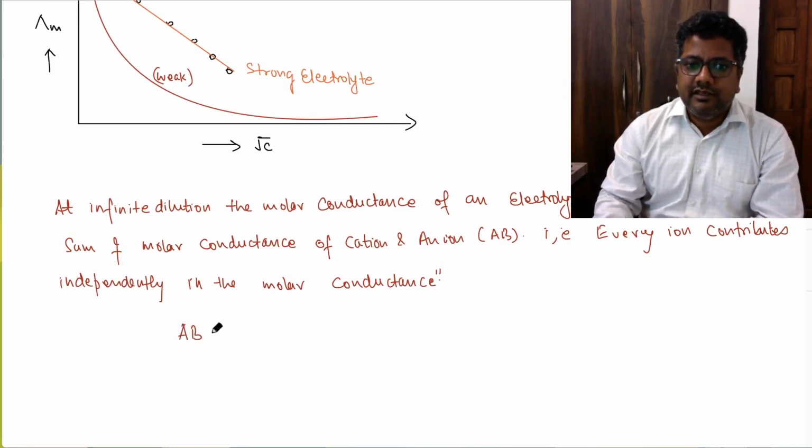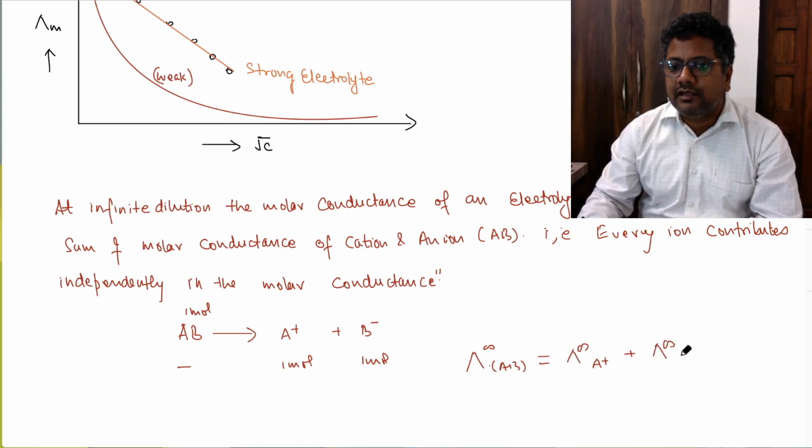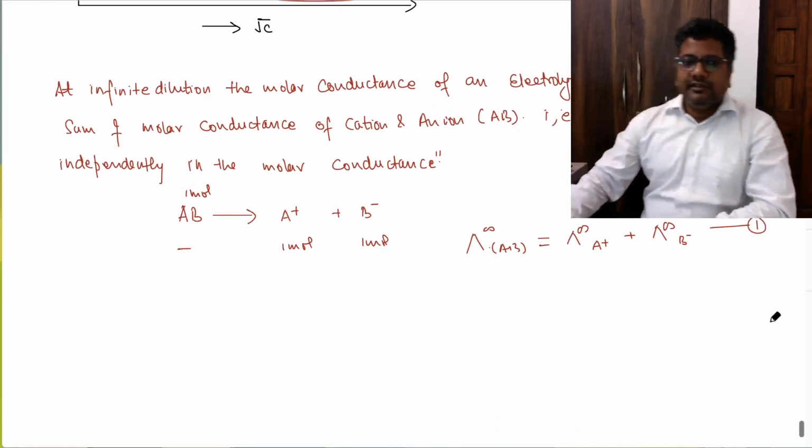So you can write here that this AB is an electrolyte. At infinite dilution, this is fully dissociated, which means the undissociated part is nil. Suppose that we have taken 1 mole of this, so we have 1 mole and 1 mole of ions. At any moment of time, lambda m infinite of AB is equal to lambda infinite of A plus plus lambda infinite of B minus. Right? So you can write like this. Similarly,